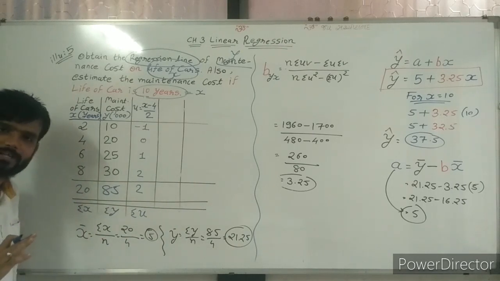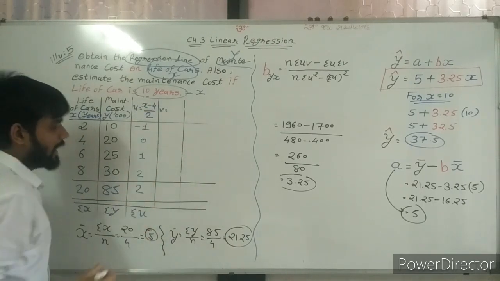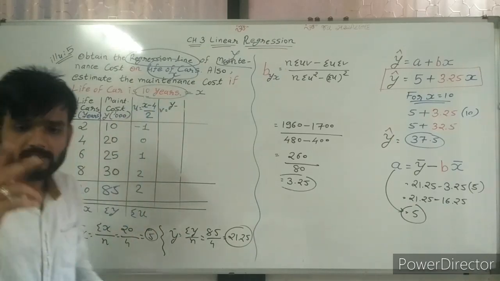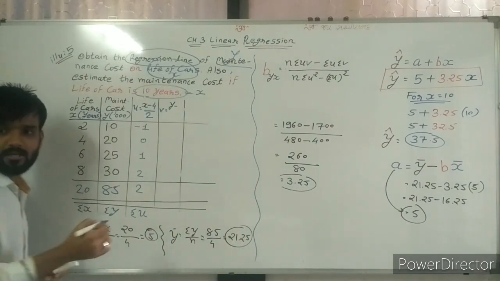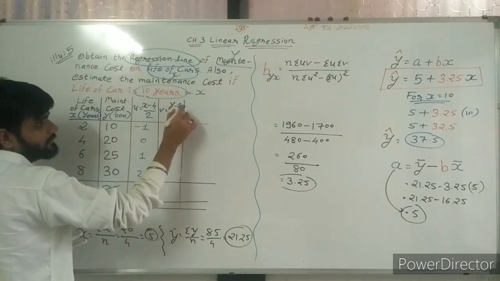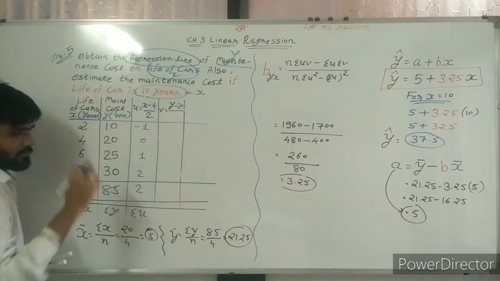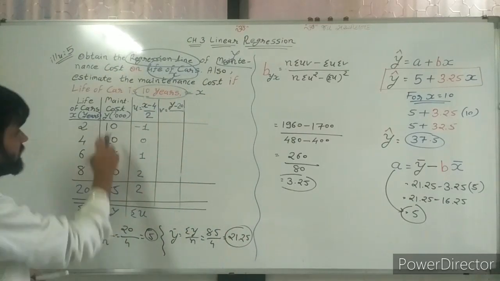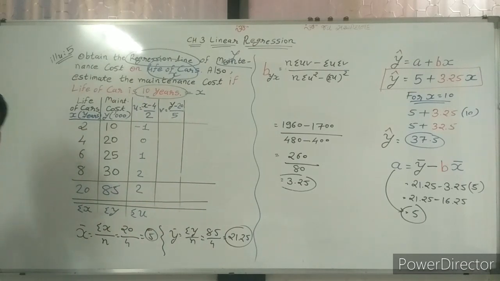That we are fine. Again, sir, we need v also. How can we find v? On the basis of y: y minus an assumed value. You can assume anything, but I am assuming 20. So y minus 20, and dividing it by 5. You can divide it by 10 also, but I am dividing here with 5.